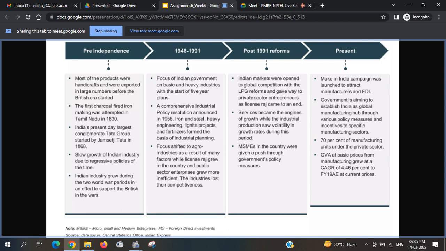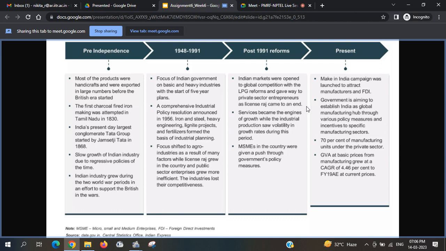While license Raj grew in the country, and public enterprises grew more inefficient, and due to this the industries started losing their competitiveness. So in order to tackle this loss of competitiveness and slowdown of the economy or the industries, several